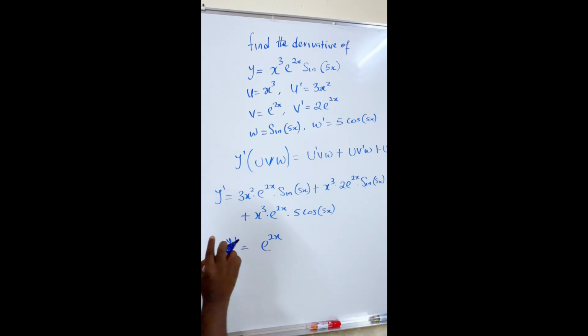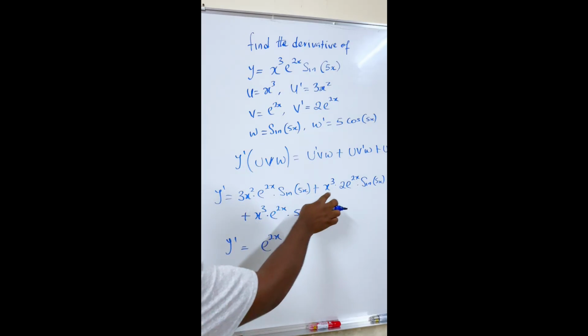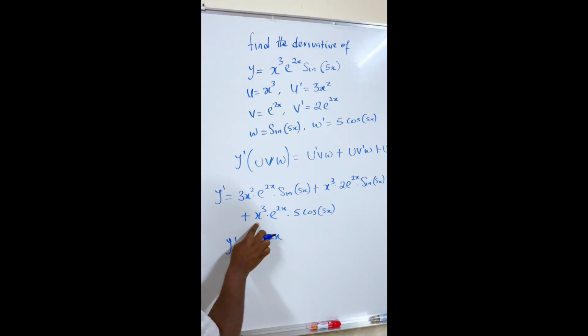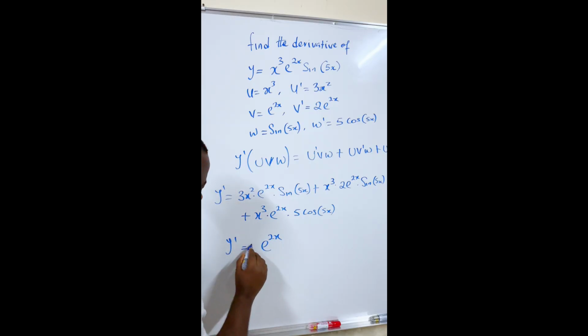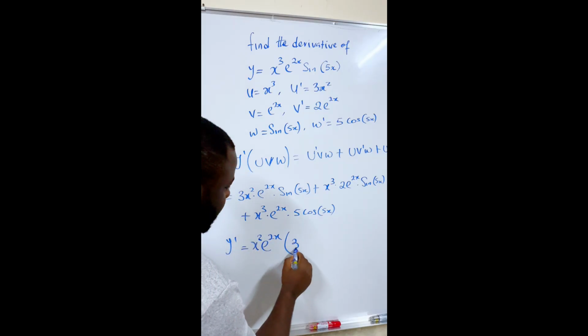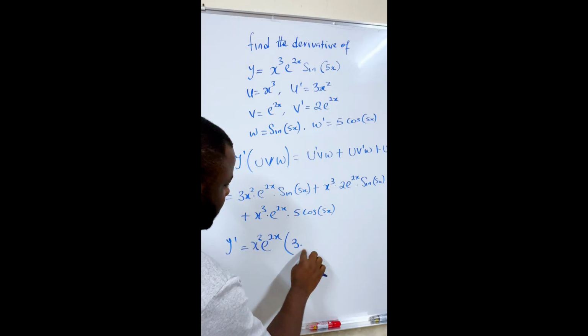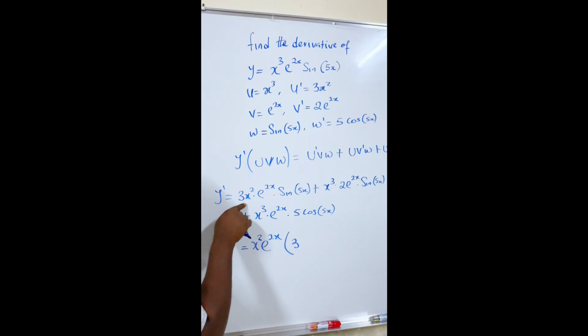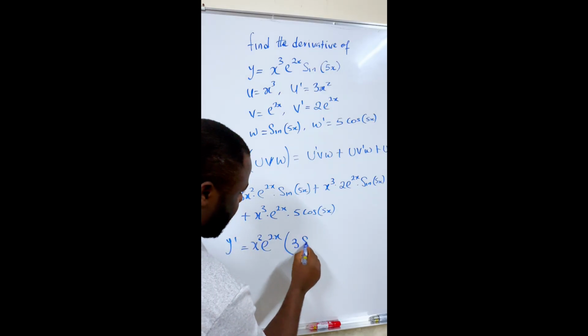So what do they have in common again? We have x squared here, x cubed here, x cubed here. So we can also factor out x squared. We'll now be left with 3 for this term. Now sine